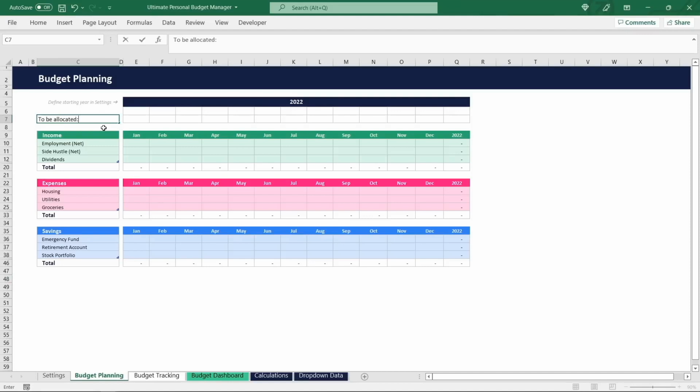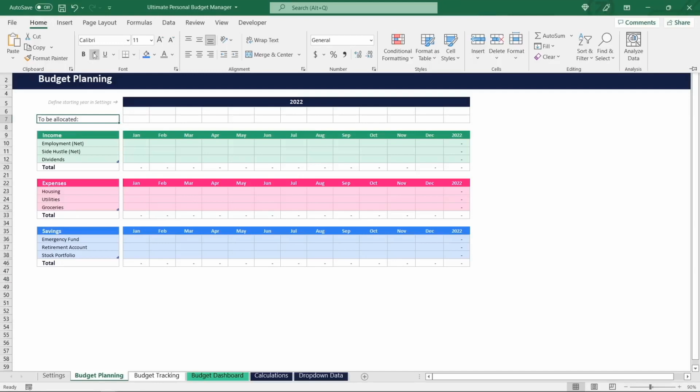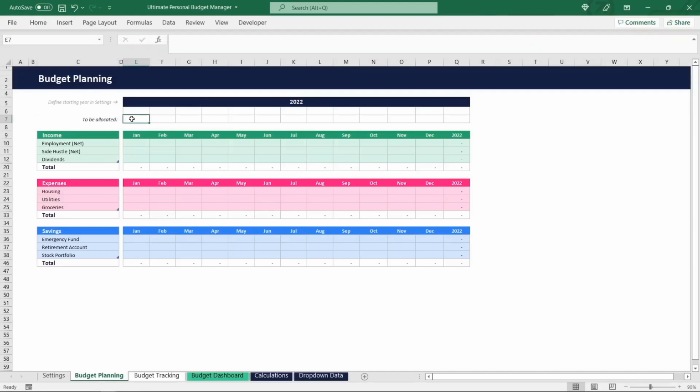For that reason, we want to keep track of the amount that still has to be allocated in each period while setting up our budget plan. Calculating this amount is as simple as taking the total planned income and subtracting the total planned expenses and savings. So if we expect to have an income of 1,000 for this first month, then the amount to be allocated